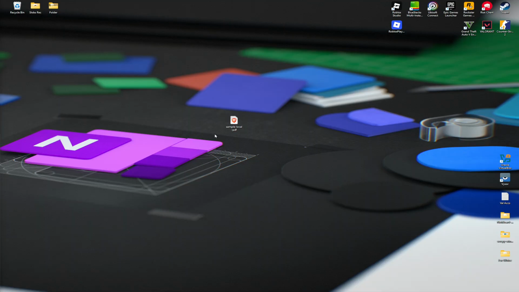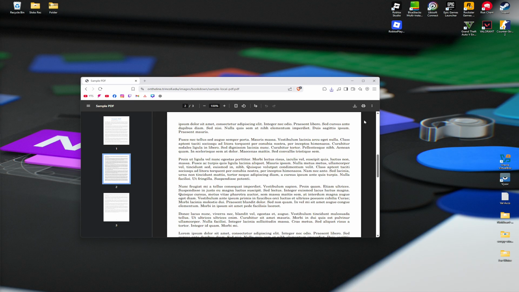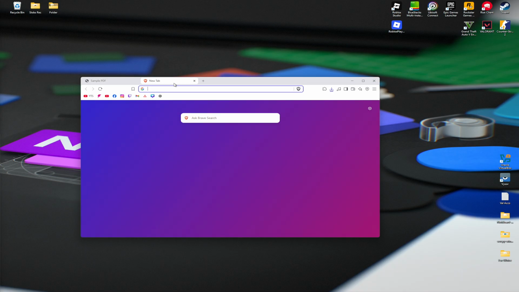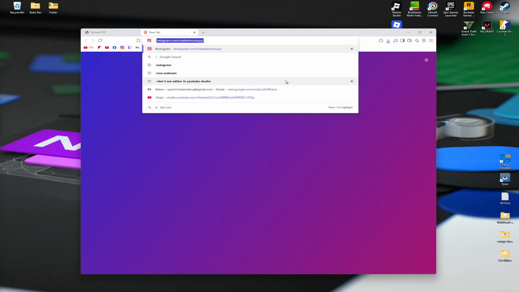The first step, as you can see here, I have this PDF where I have 3 pages. Let's say, for example, I'm going to delete the second one, this one. So what you'll do is just go ahead and open up your favorite browser and then type down